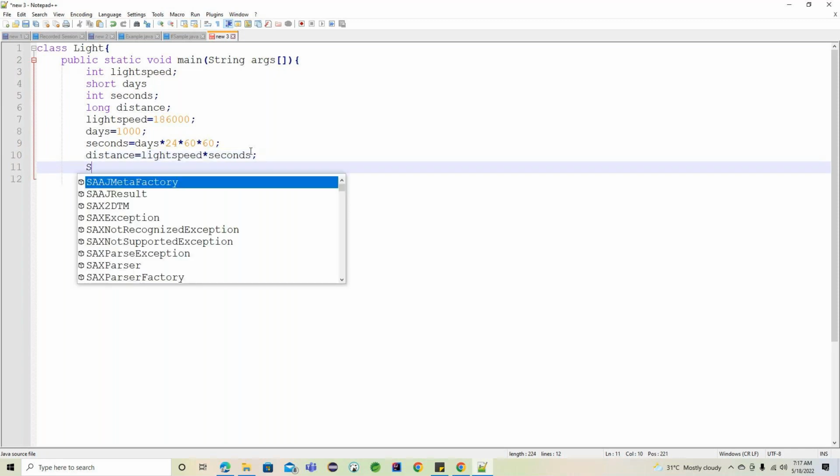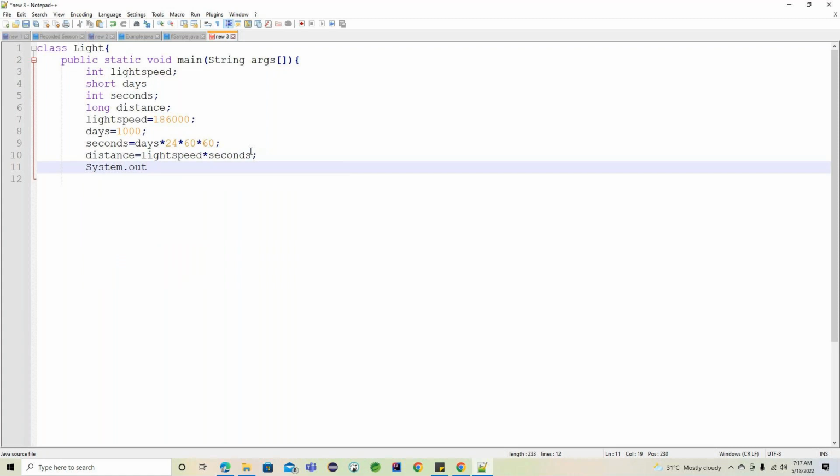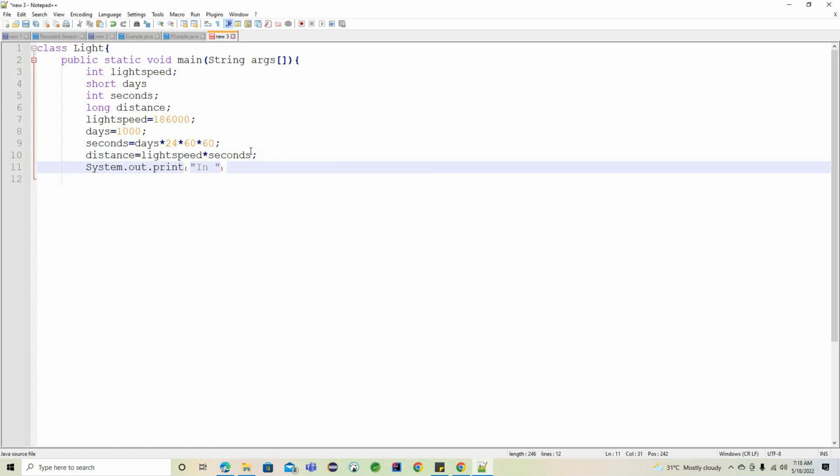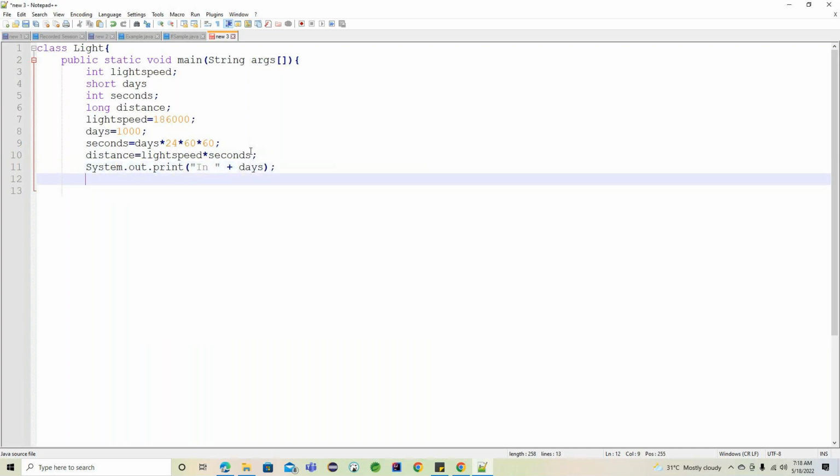And finally, I'm using system dot out dot print, not println. What is the difference between print and println? The print method prints on the current line, and the println method every time prints on the next line. This is the only difference between print and println. Now what message am I going to write? In 1,000 days, this particular light